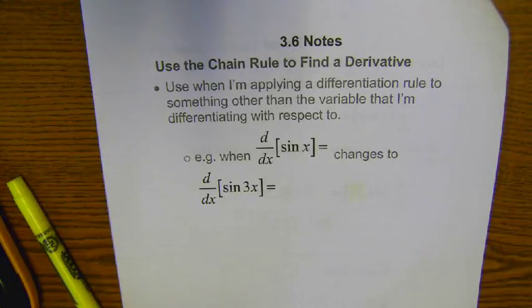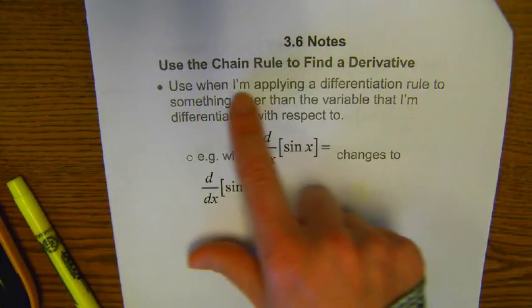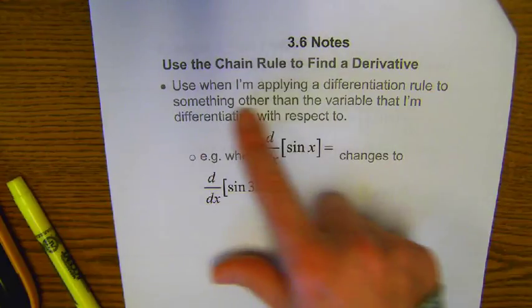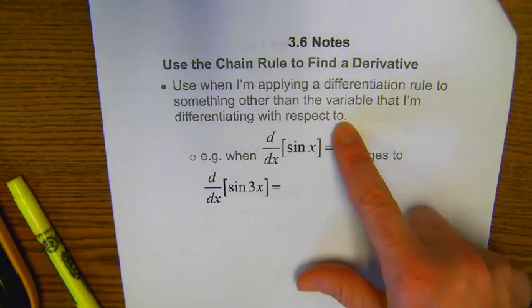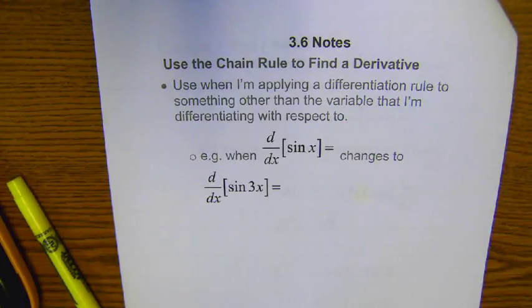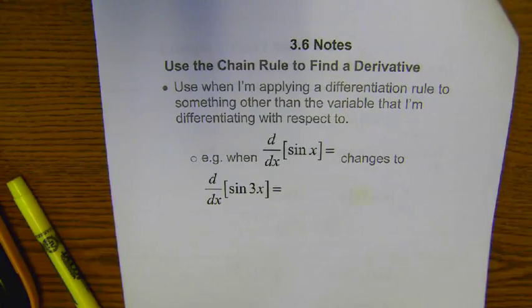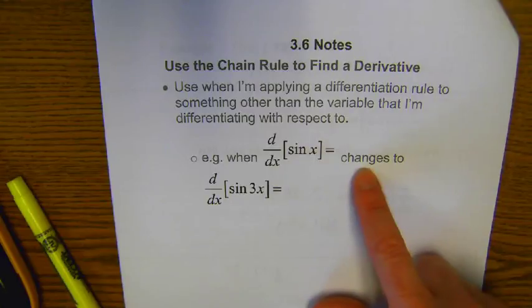Okay, so first of all, we're going to use it. I just gave this trig example, and what we're going to go through in the next few days, there's a lot of different chain rules because we've studied a lot of different functions. Okay, so anytime I'm applying a differentiation rule to something other than the variable that I'm differentiating with respect to, okay? And so sometimes it might be another entire type of function, and sometimes it just might be, like we were just looking at, instead of an x, a 3x. Okay, and so for instance, when d dx sine of x changes to d dx sine of 3x,